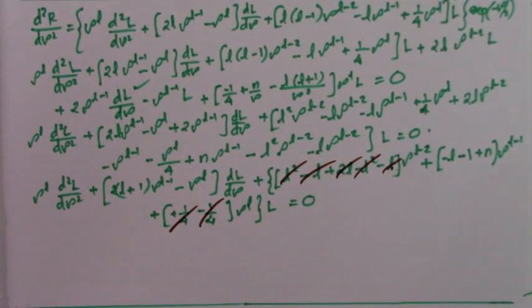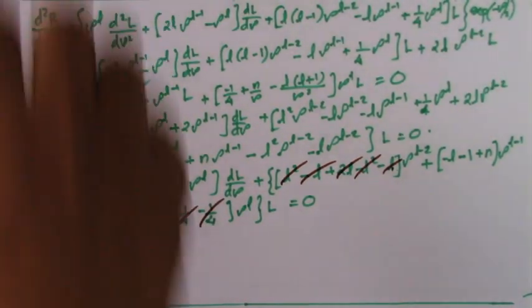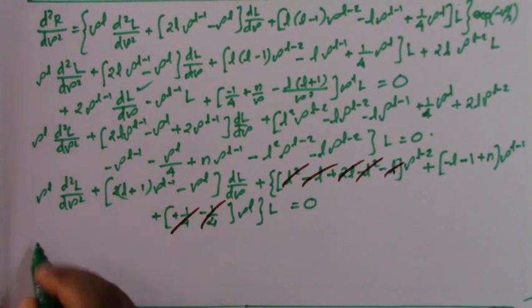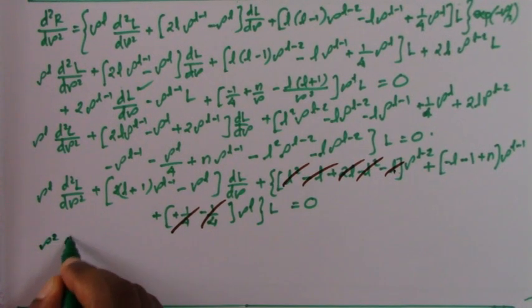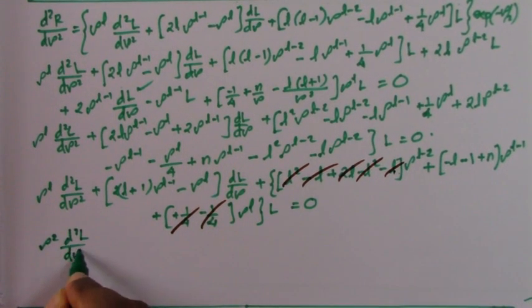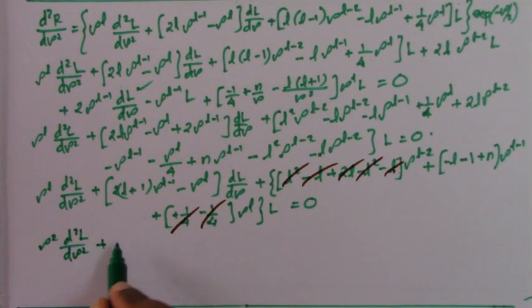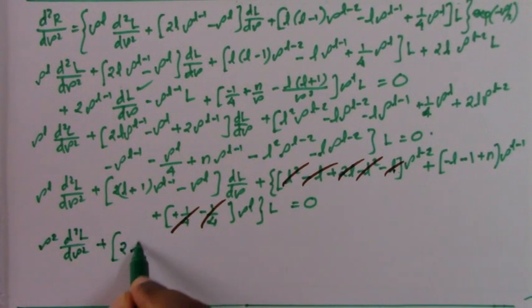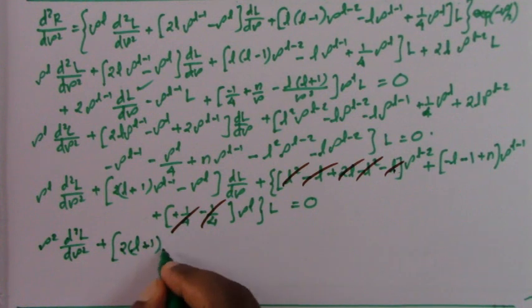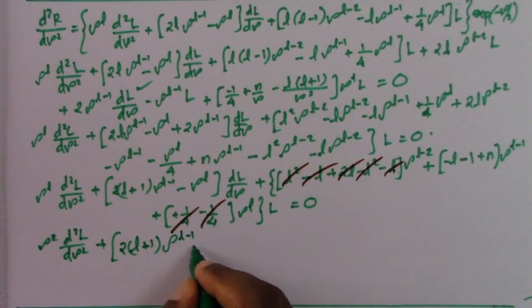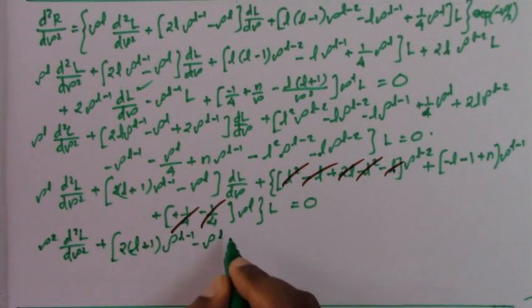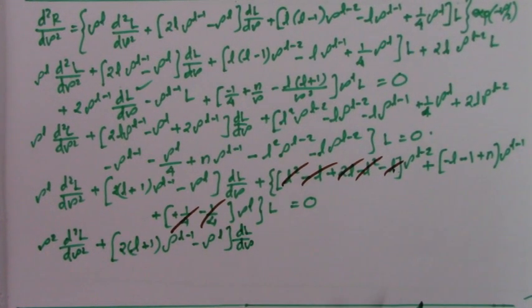So this whole term is gone. So what is remaining is rho square d square L divided by d rho square plus 2 into L plus 1 rho raised to L minus 1 minus rho raised to L dL by d rho,